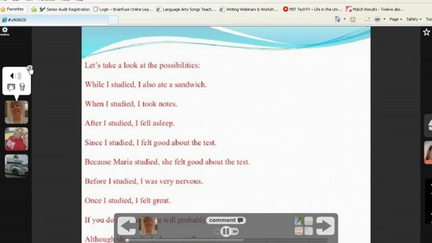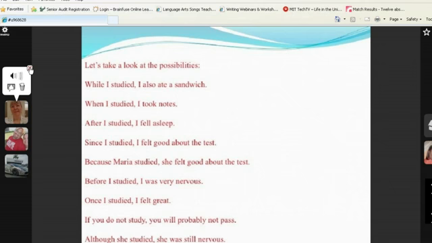We're going to look at the possibilities. First, we see that we start with the dependent clause, while I studied. Notice we also put a comma after our phrase, and then we link it with the independent clause. I also ate a sandwich. We can say on the next one, when I studied.